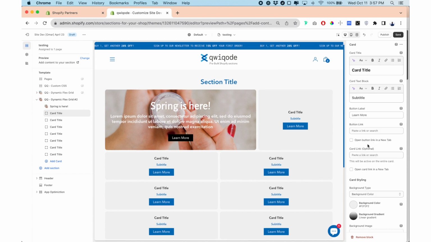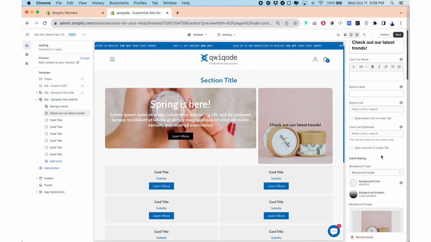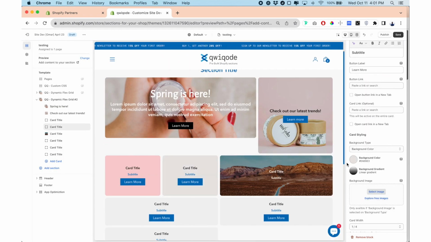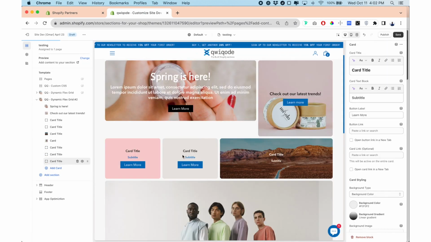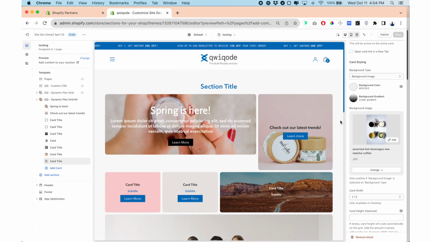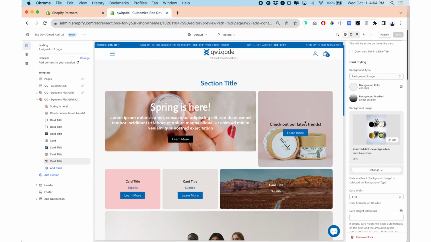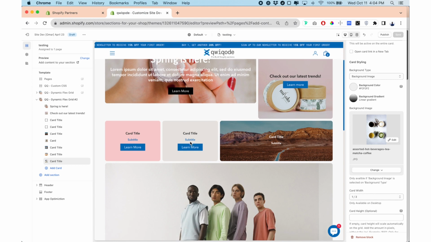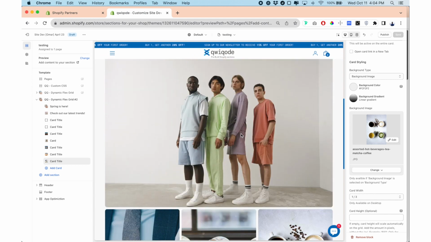I'm speeding up this process. So let's add some content to this card to show you how you can create grid cards and select different card widths to create your custom grid. Okay, with that content added, we'll see here that we created a grid with different column widths. The first one is 2/3, 1/3. These ones are 1/4, 1/4, 1/2. This one is full width, and we have here